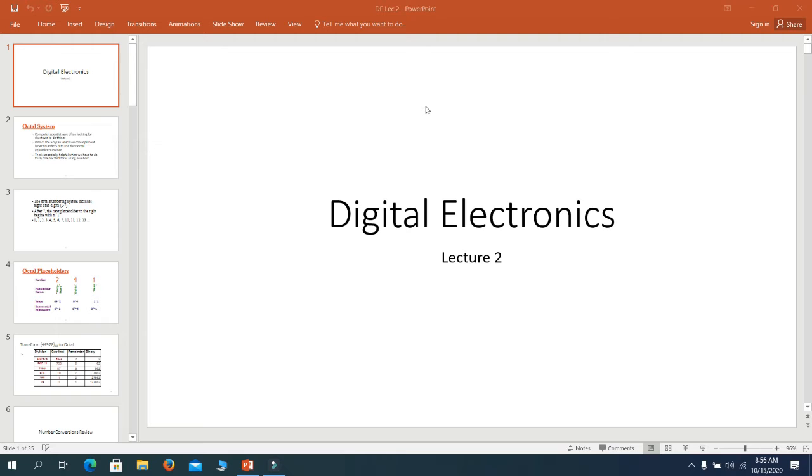In the previous lecture, we discussed some of the topics on number systems. This class is an extension of the previous one. In the previous lecture, we discussed decimal to binary conversion, binary to decimal conversion, and so on. But other number systems such as octal numbers and hexadecimal numbers were not discussed, as we didn't have enough time to discuss all those topics. In today's lecture we will go through those topics first.